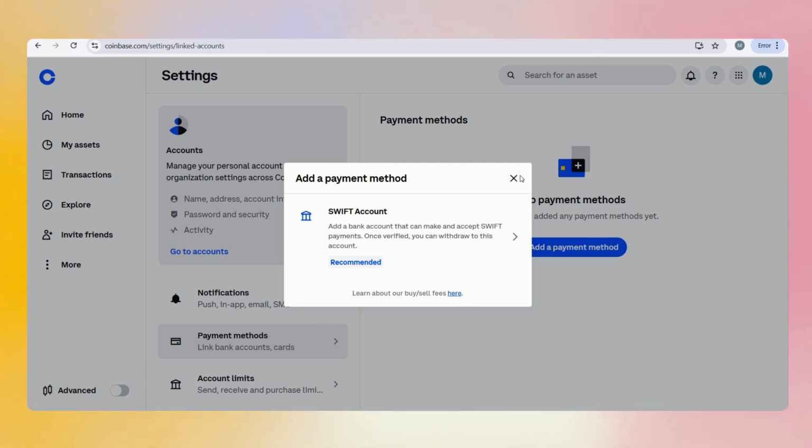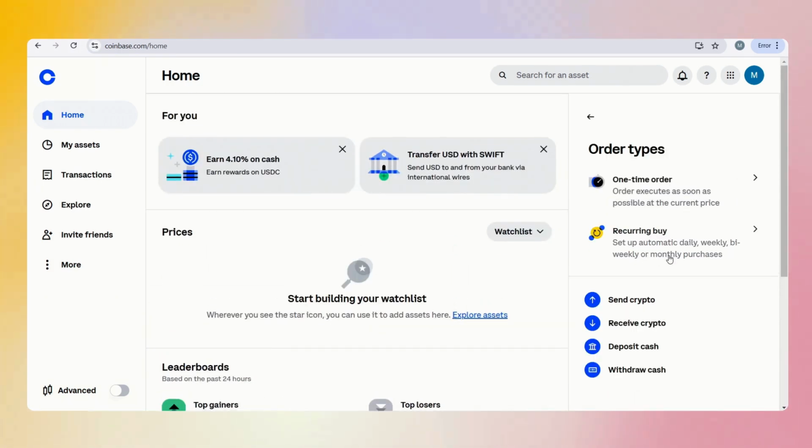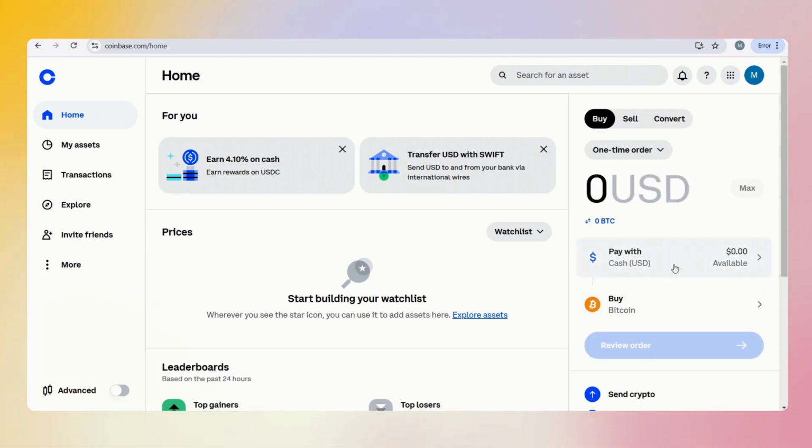Now, if you have a payment method already set up, you can simply buy BTC from the homepage itself. As right here on our right hand side, you can see that it is already set on buy. You can select between a one-time order and a recurring buy to set it up. And this is the currency you want to buy our Bitcoin with. I cannot make the purchase as I do not have the USD on this account, but this is simply where